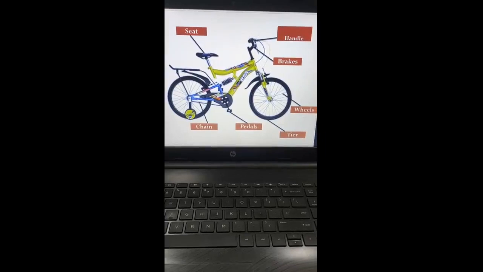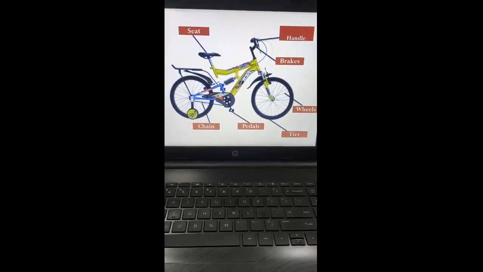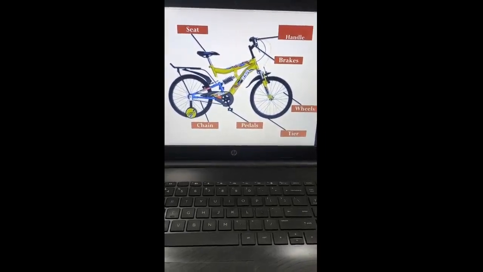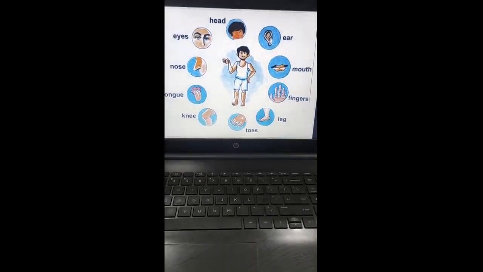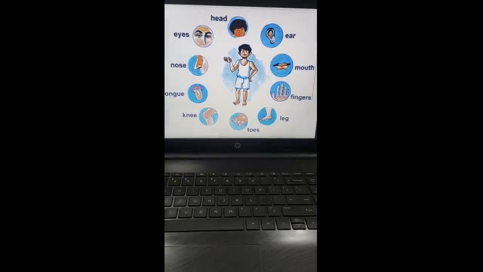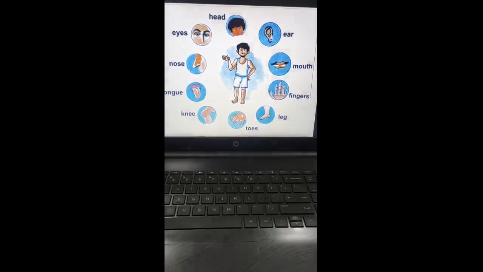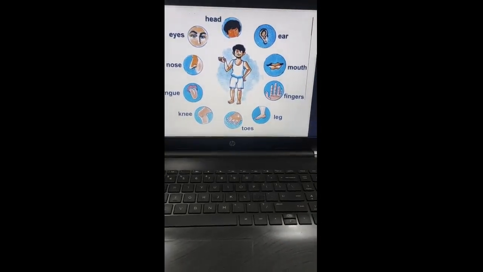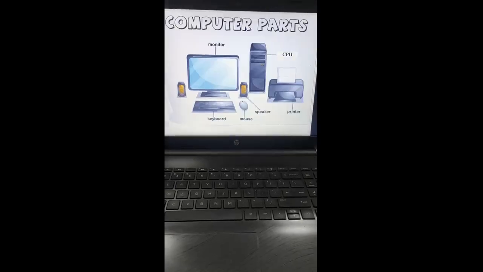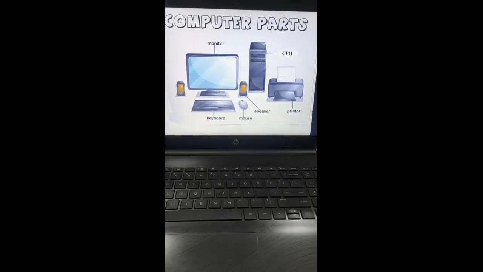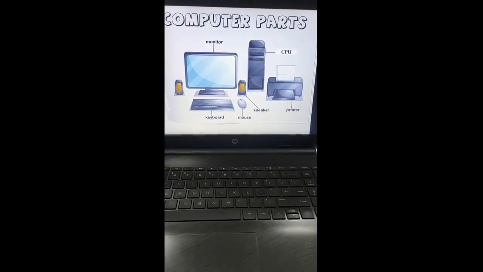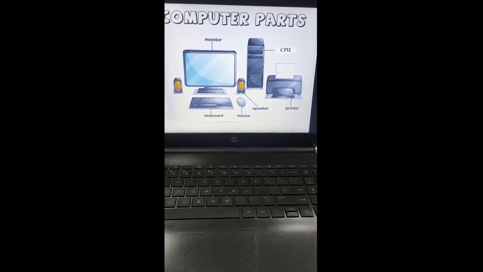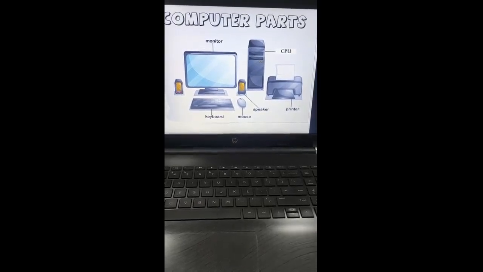So dear children, I hope likewise a bicycle has different parts to function well. The body also has different parts to perform tasks or to function well. Similarly, you all have understood the basic parts of a computer, which are monitor, keyboard, mouse, speaker, CPU and printer.